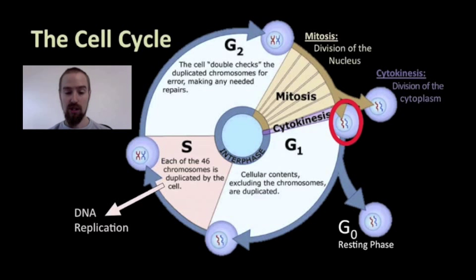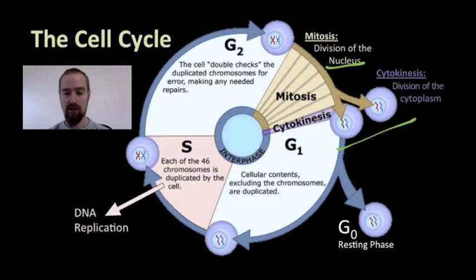So both mitosis and cytokinesis need to occur in order for a cell to divide, and to ensure that each new cell has a full and complete set of chromosomes. Often, cytokinesis and mitosis overlap with one another, but they are different processes. Basically, mitosis divides up the cell's genetic material into two new nuclei, and cytokinesis packages these two new nuclei into